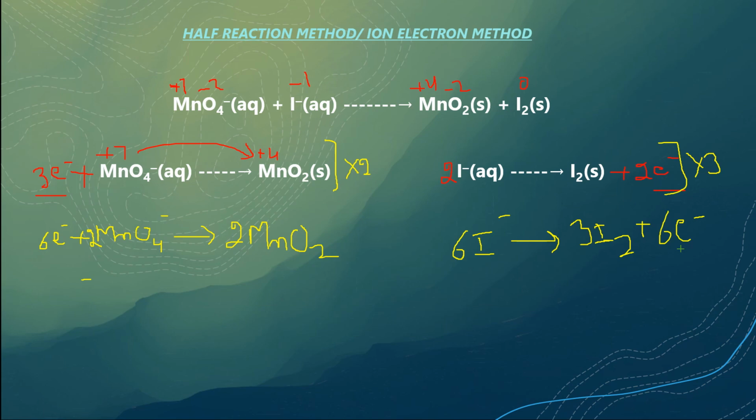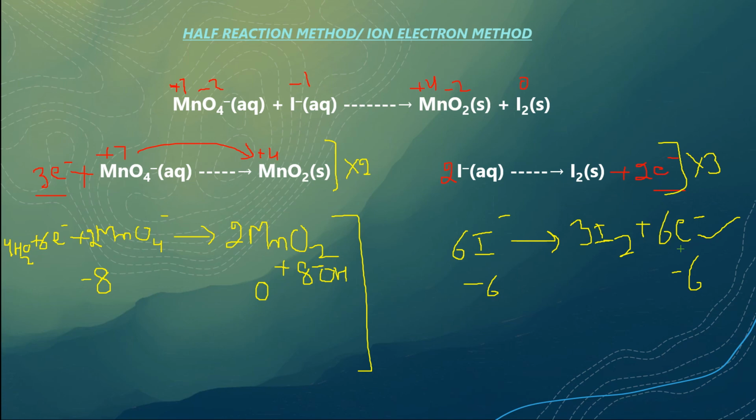Here I have 8 negative charges on the left hand side, 2 negative from MnO4 minus and 6 electrons, and 0 charge on this side. Here I have 6 negative on the left hand side and 6 negative on the right hand side. So this equation I can see is balanced. Now I have to concentrate here. In this reaction, 8 negative charges on the left hand side, basic medium. So I can introduce 8 negative charges on the right hand side, 8 OH minus. And because I have introduced hydrogen, I need to introduce 4 water molecules on this side. 4 H2O plus 6 electrons plus 2 MnO4 minus gives this.